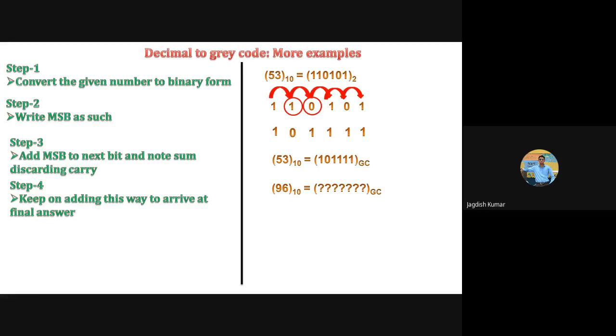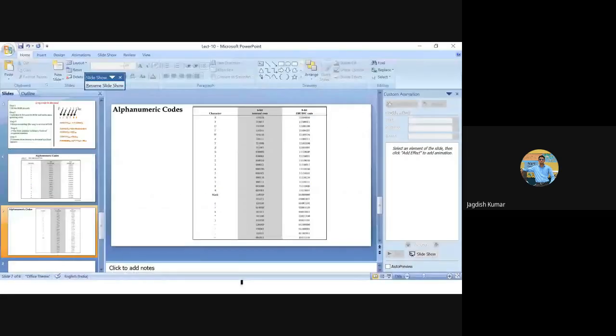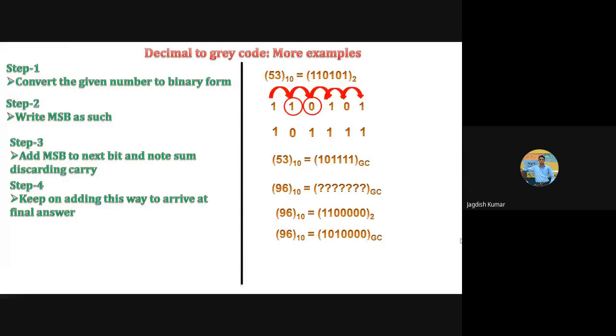So some of you got this. Almost everyone is getting the same answer. Let me check if it is correct. So what will this be in gray code format? This is your 96 in binary form. I hope you all got it correctly. Then this will be the gray code form of 96. So this is how we can get any number from binary, sorry, decimal to gray code.